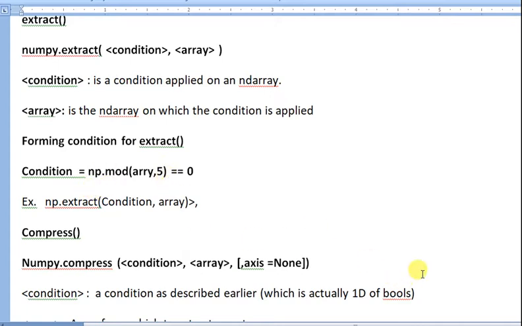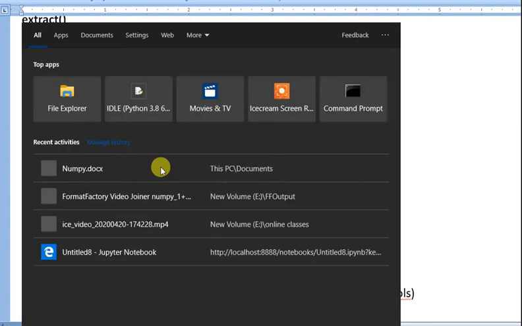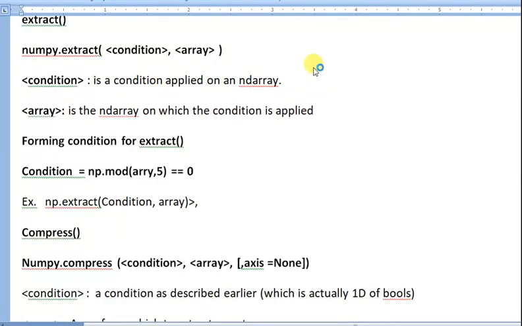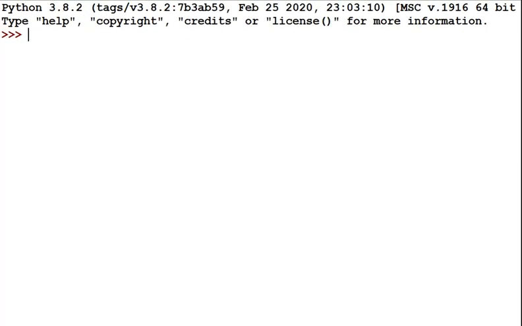So we can check here. I am using the new Python shell. I am opening the new Python shell. Before importing, import numpy as np, and then create an array.